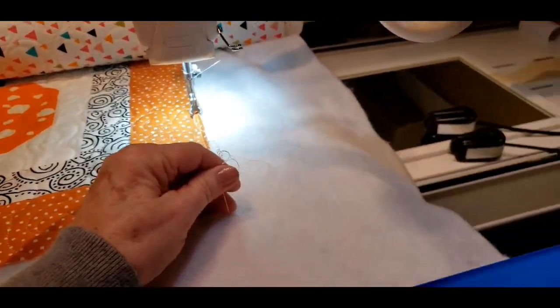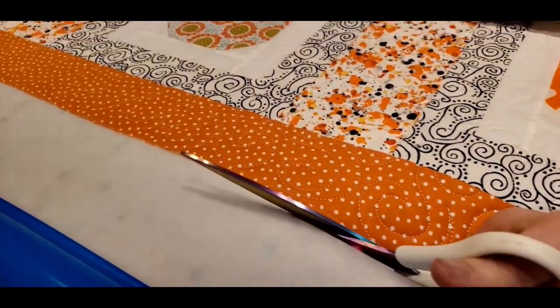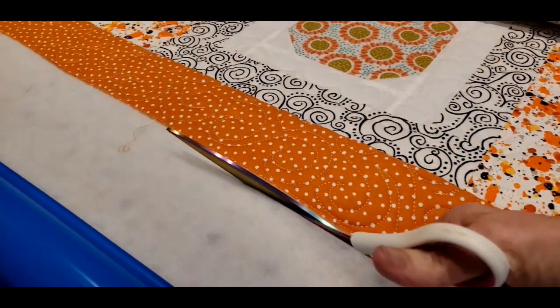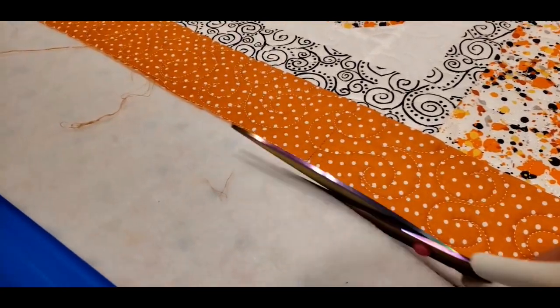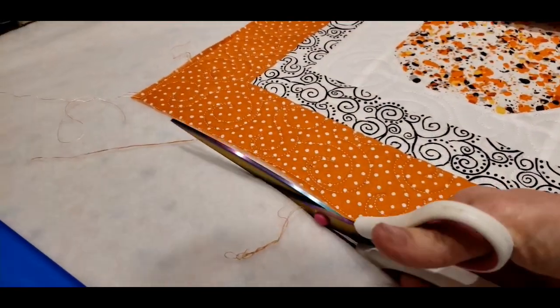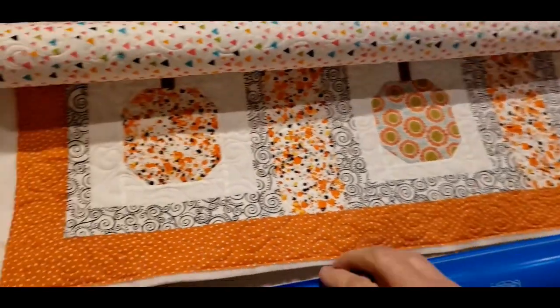It's always the exciting part. Now I like to cut mine off with my big scissors, my big pink scissors. I'm leaving a little bit of batting on there. I could have cut it, it's square enough that I could have cut it right along the edge there and not had to trim it with my rotary cutter, but